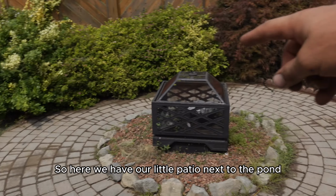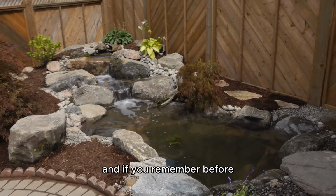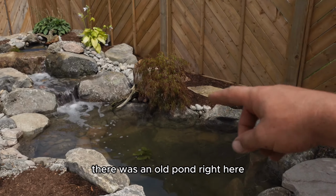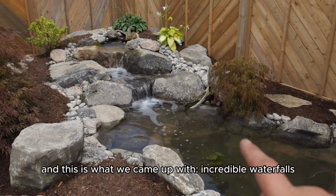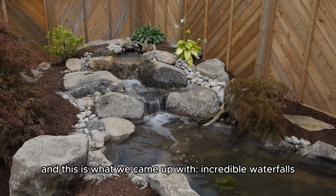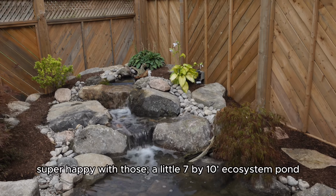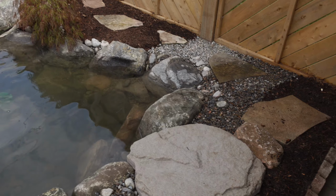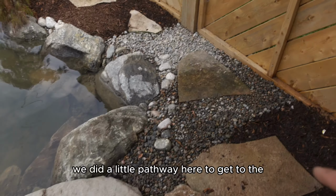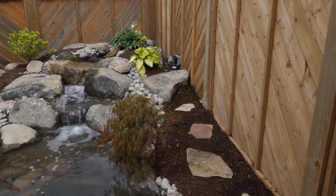So here we have our little patio next to the pond, and if you remember before, there was an old pond right here, got holes in it. It was just completely overgrown, and this is what we came up with. Incredible waterfalls. Super happy with those. A little 7x10 ecosystem pond. We got our skimmer over here. We did a little pathway here to get to the electrical over there, and